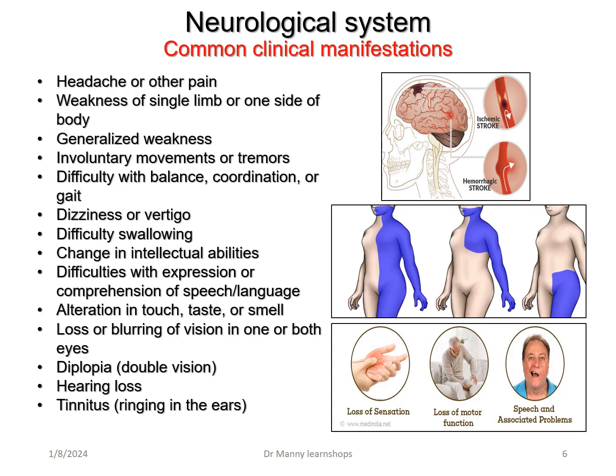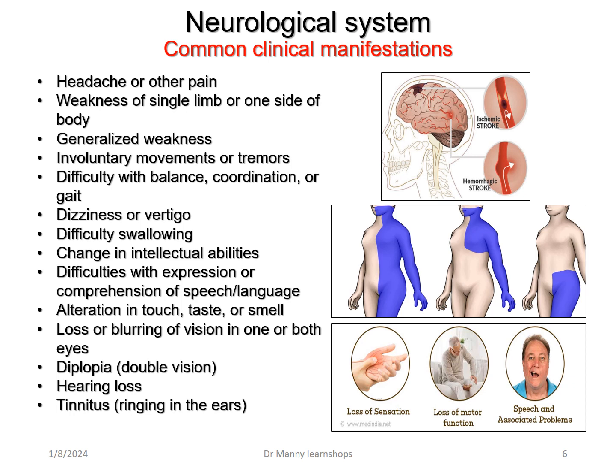Common clinical manifestations when we look at the neurological system could include headache or other neurological pain, weakness in a single limb or one side of the body or generalised. This could include involuntary movements or tremors, which can occur in issues such as Parkinson's disease. There can be difficulty with balance, coordination or gait. There can be dizziness or vertigo, difficulty in swallowing, dysphagia, changes in intellectual abilities, which probably could relate to things like Alzheimer's disease,